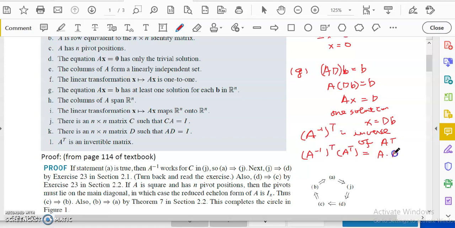So we just reverse them and transpose them. So A times A inverse inside is just I, transpose is also equal to I. So you can see that these two multiplied together is an identity. So the inverse of A transpose is A inverse transpose, so it is invertible. You can find a matrix